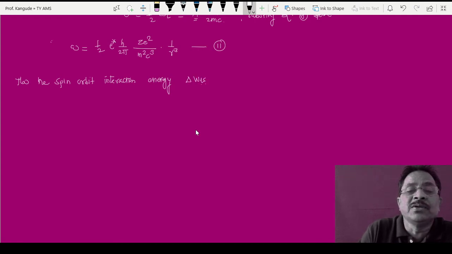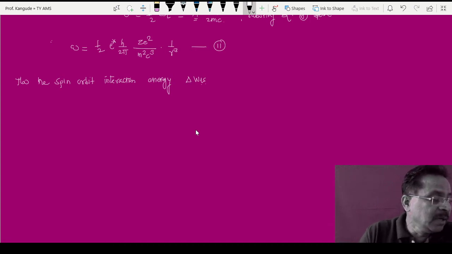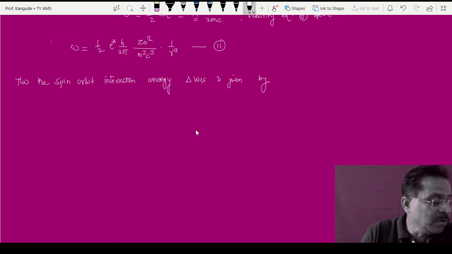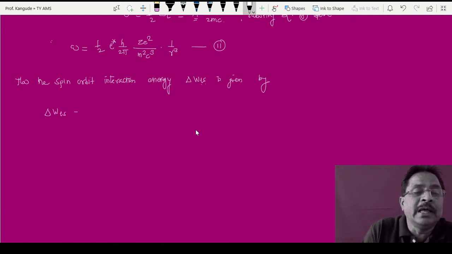LS is spin orbit and spin. Delta W is the differential change, delta WLS is given by, so we are using this symbol for the first time, which is given by delta WLS is equal to,